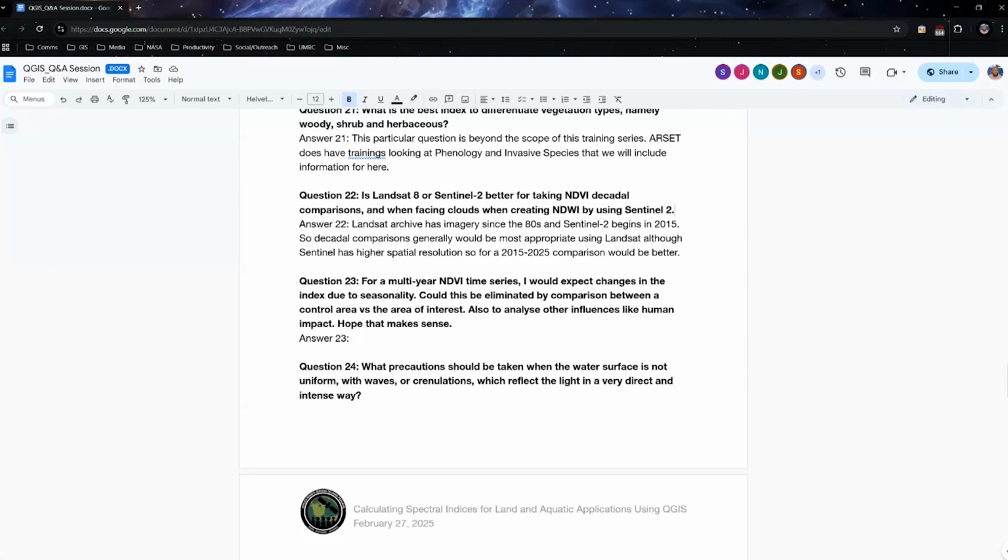For a multi-year NDVI time series, I would expect changes in the index due to seasonality. Could this be eliminated by comparison between a control area versus the area of interest? Also to analyze other influences like human impact. Hope that makes sense. Yeah, so if you're looking at a multi-year NDVI time series,